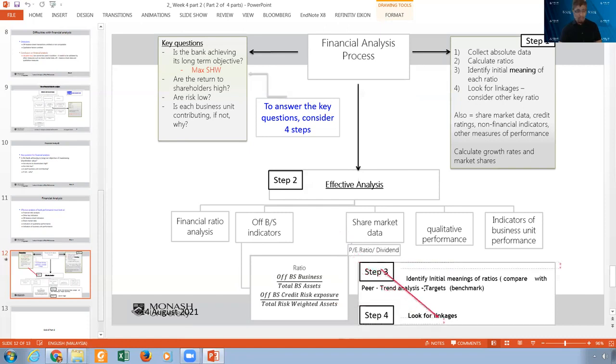And we also have to look for linkages, because we can do very well compared to the trends, to the peers, and according to the targets. But at the end of the day, are we doing all this